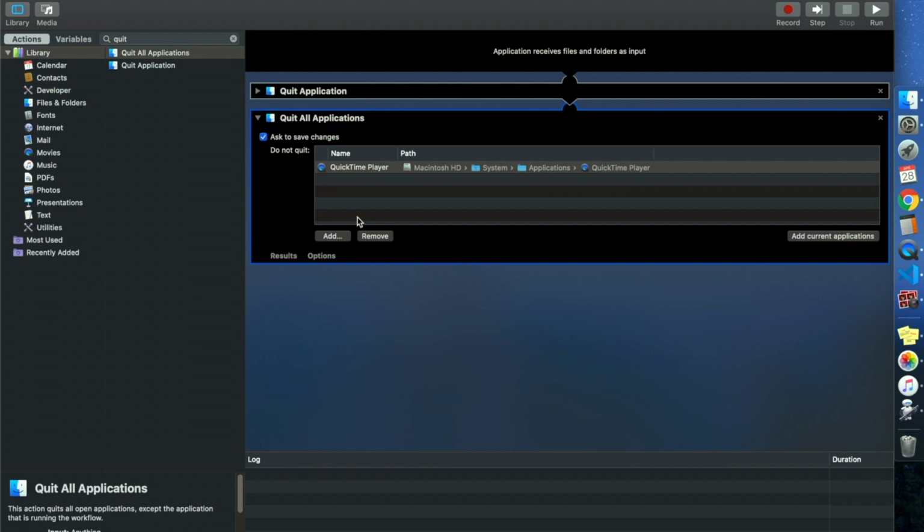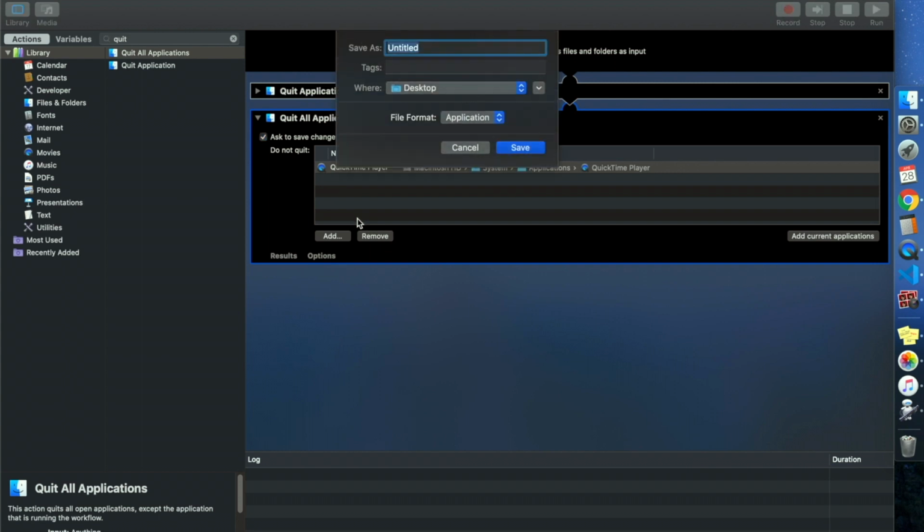I'm going to add QuickTime Player here as I am recording my screen right now with it, and I do not want to close this app while I show you quitting all applications using our customized quit all icon or button. Let's save the settings. It will ask to give it a name and location to save. I'm going to name it something meaningful: Quit all. And save it on desktop.